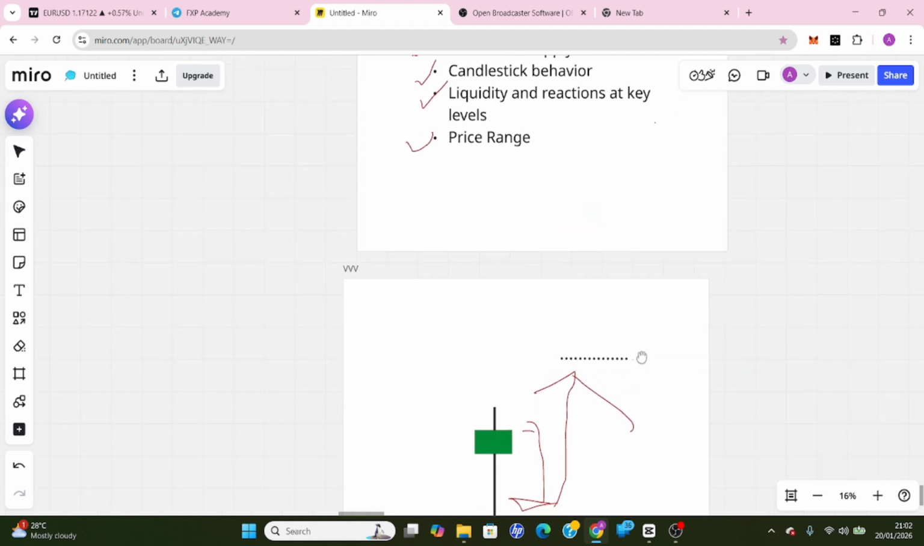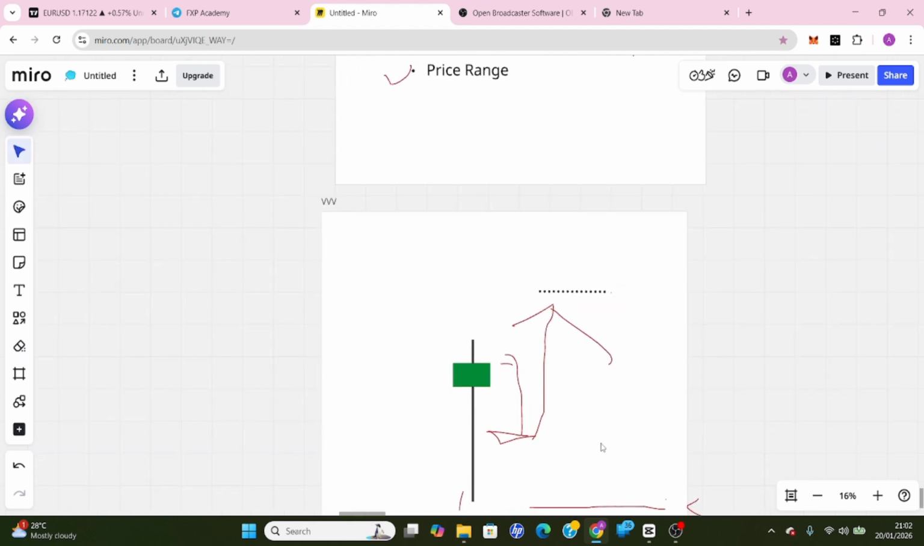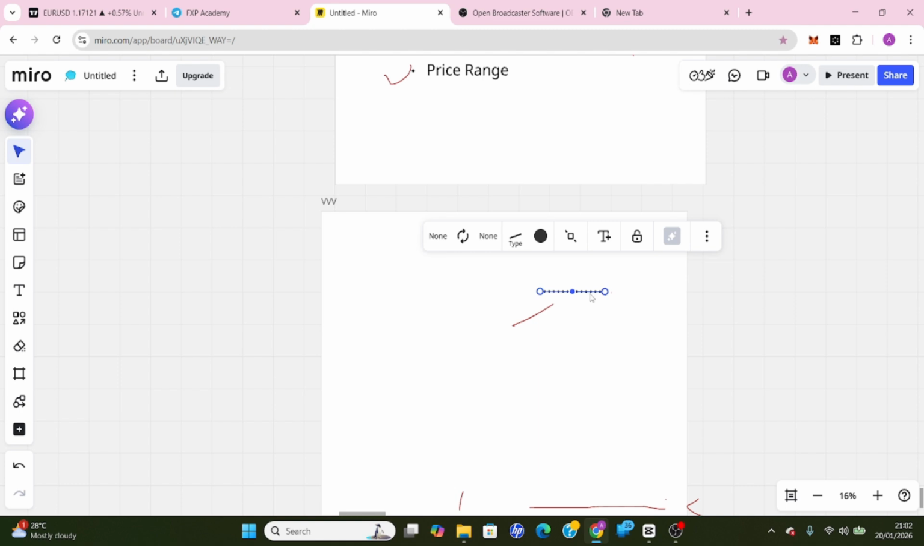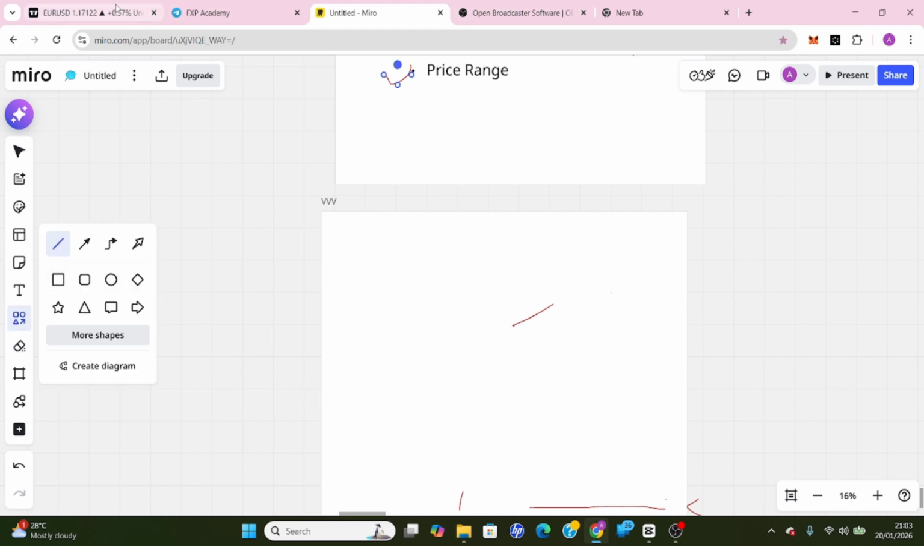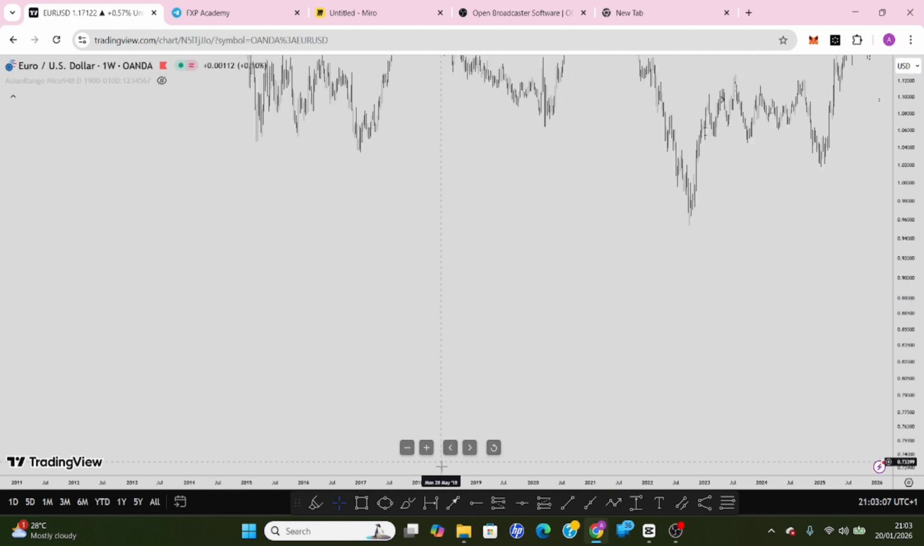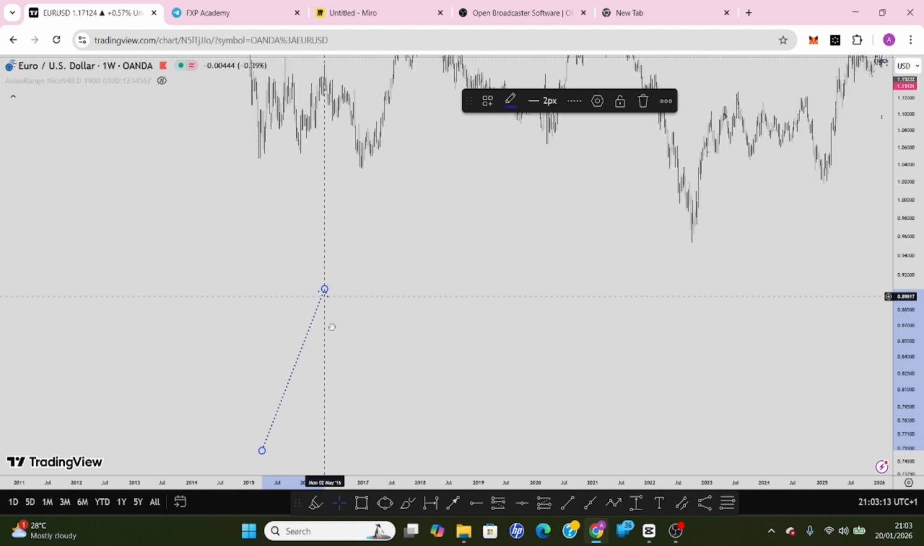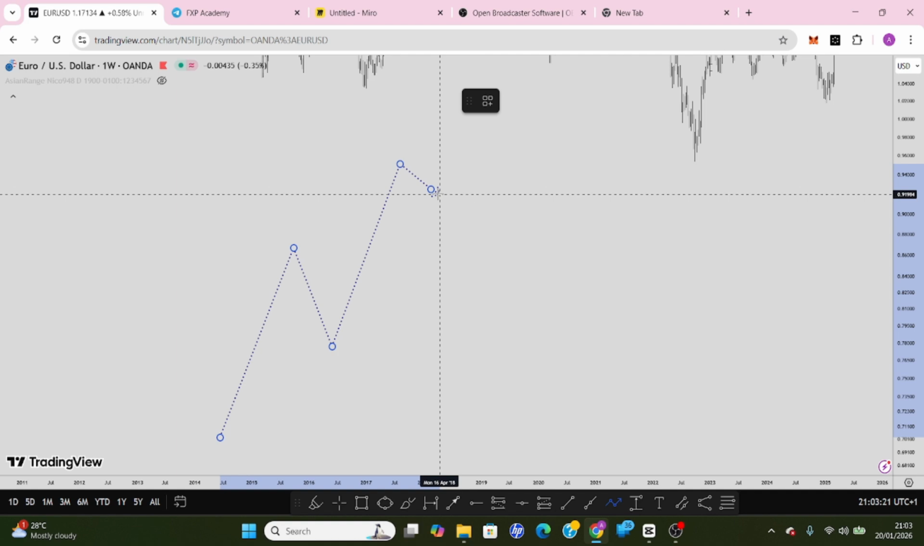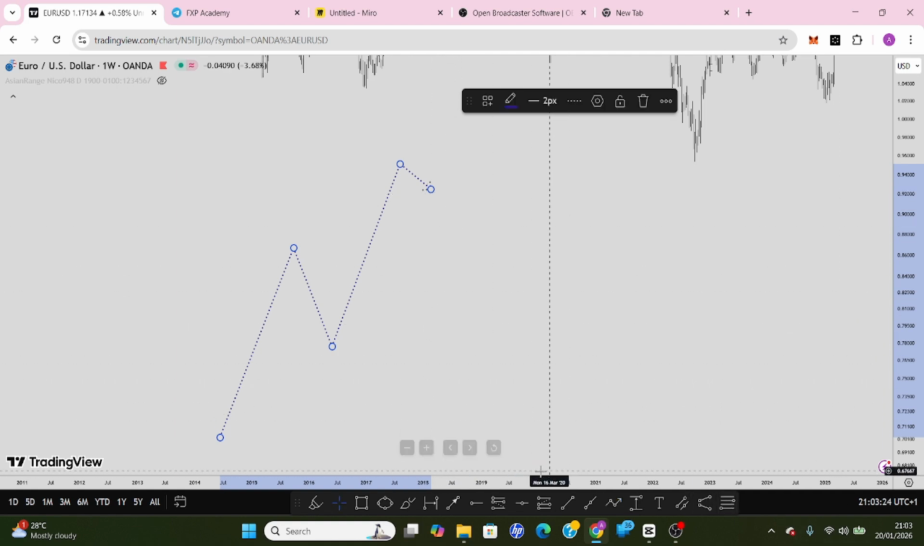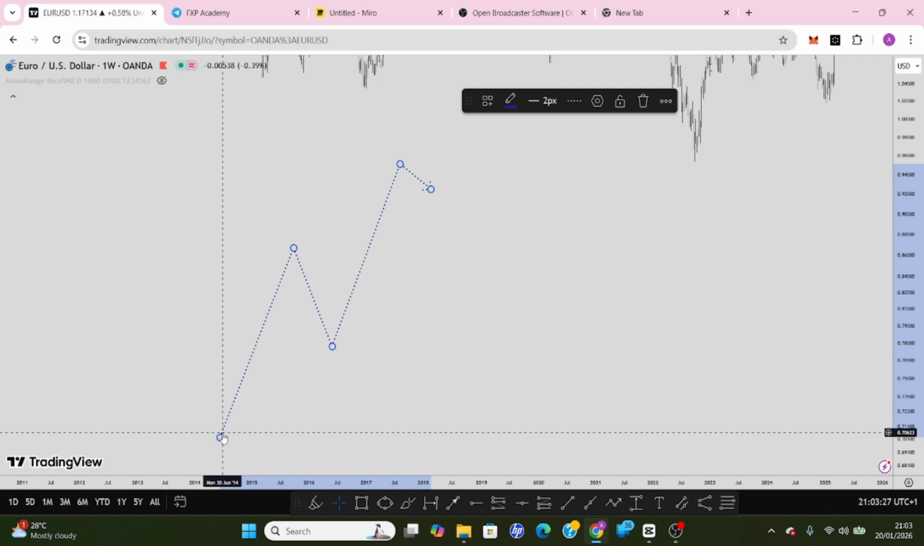So let's demonstrate the price range. What is the price range? Let me use this chart so that we'll have a good understanding of what I'm talking about. The price range, when there's a swing point like this, right? Let's say this is a swing point to the upside. If you pull up your Fibonacci from the low to the high of this swing point,